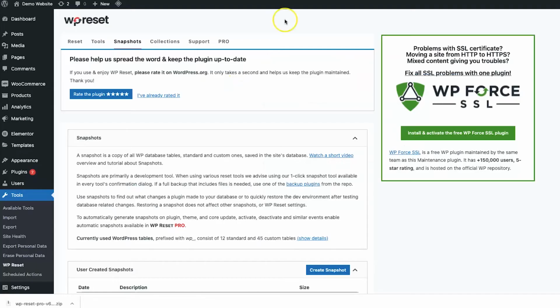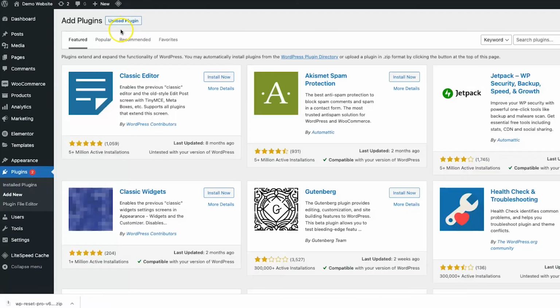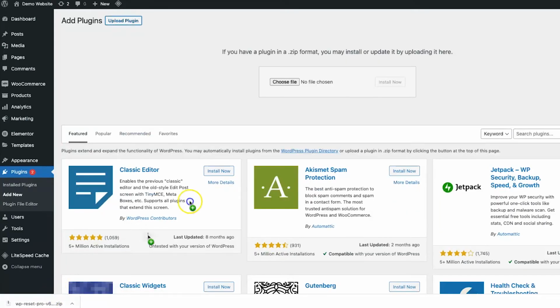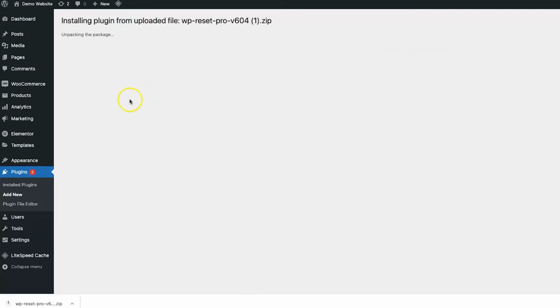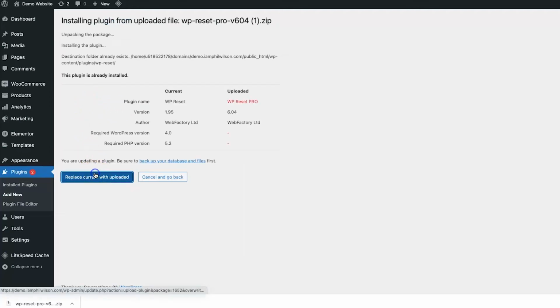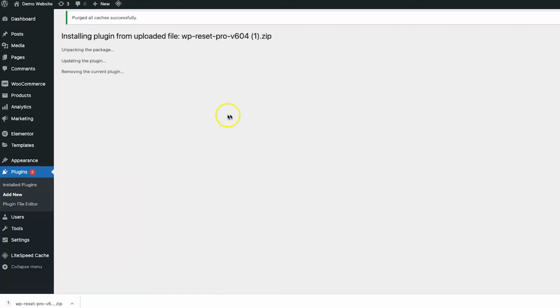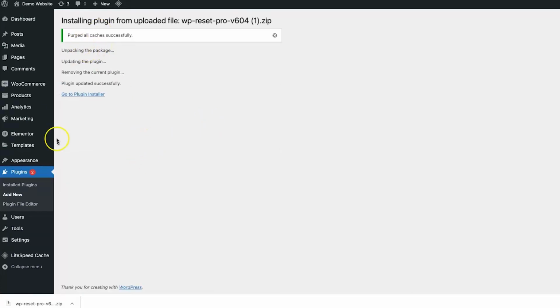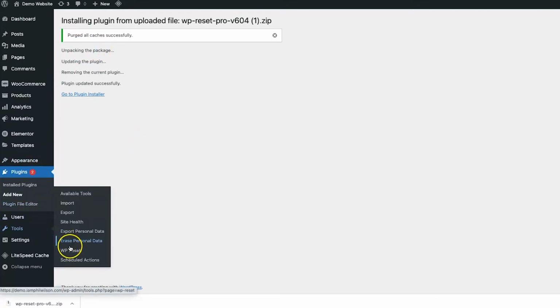But what I'm going to do is come to WordPress, add a new plugin. Okay. And I'm going to upload a plugin and I'm going to drag it in like so. Click on install and then activate that once it's all good to go. Replace. You can see there's a massive version update as well. Okay, so now it's removed the free one, added the new one, and if I come to Tools, WP Reset,